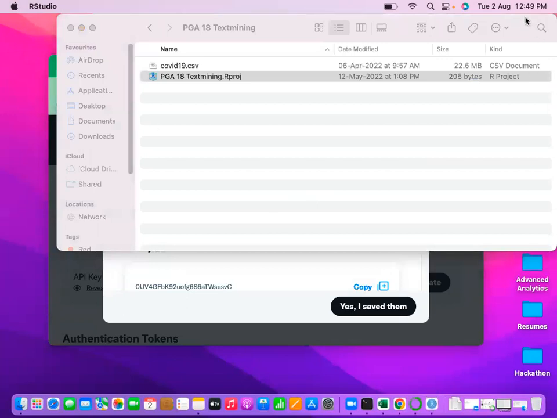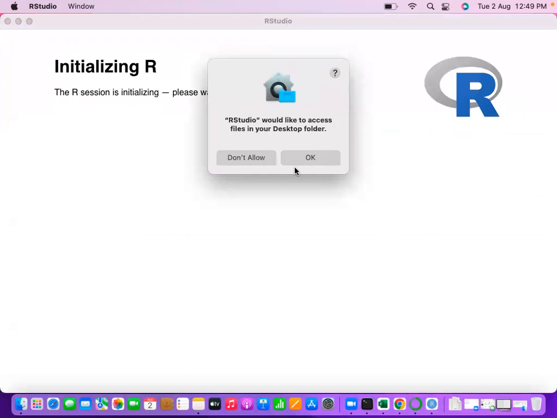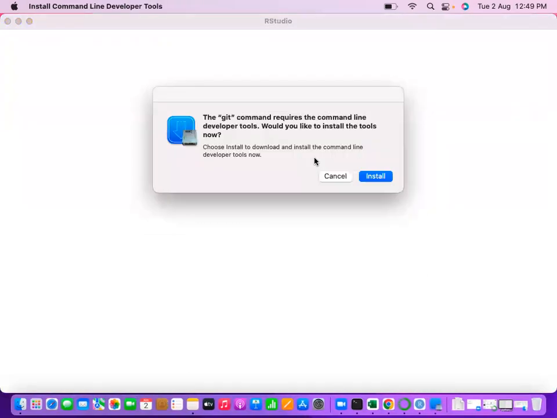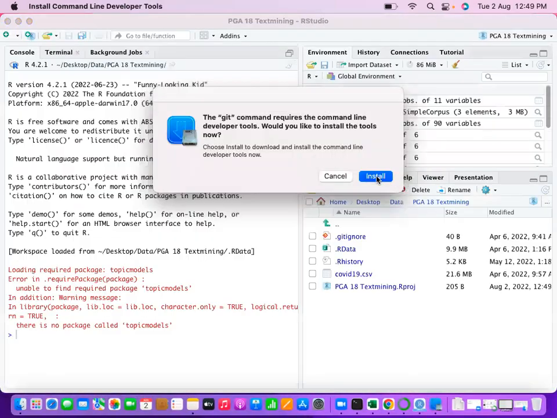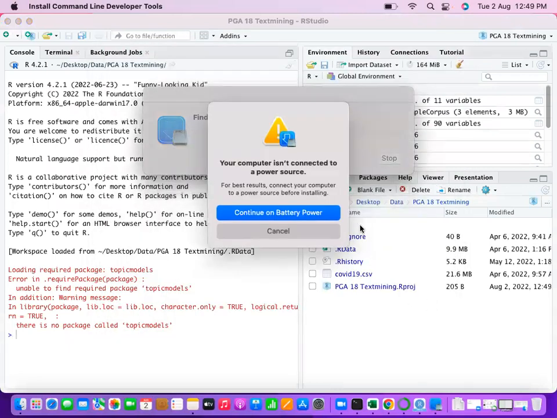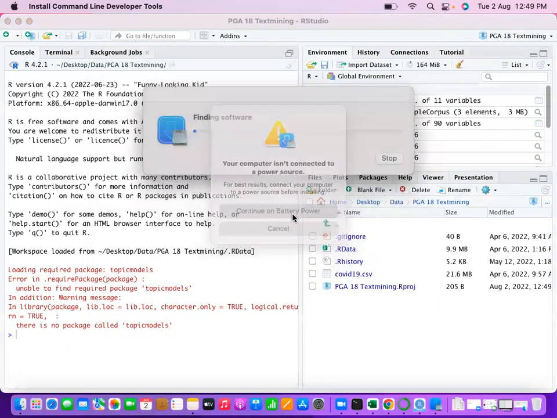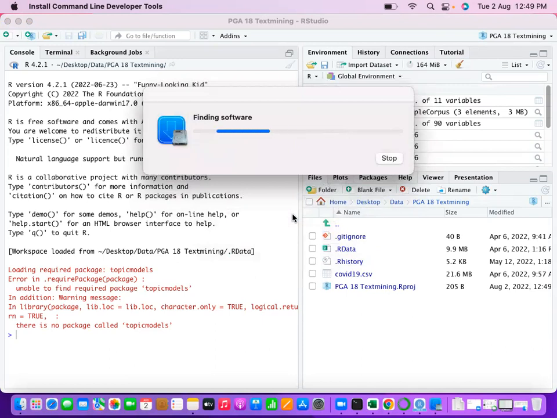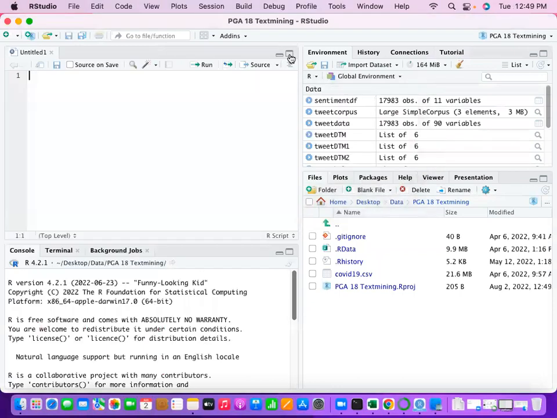Because we have Tweepy in Python, we have something called Tweepy in Python. So what happens in Python is that Tweepy will not allow you to download more tweets. Whereas in R, we have